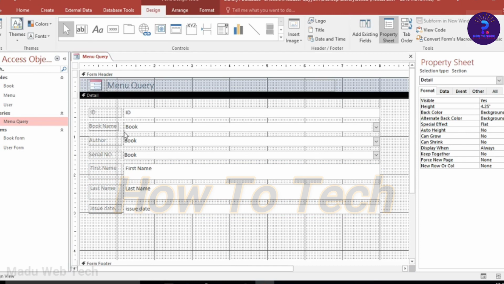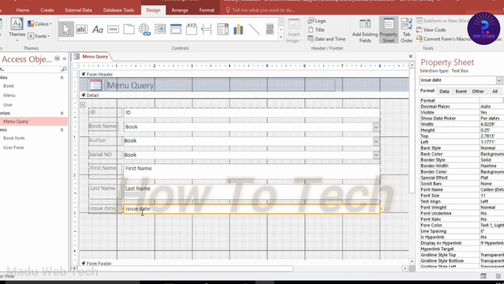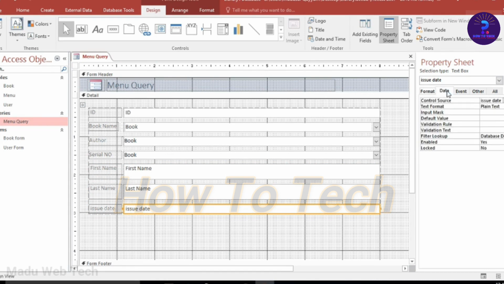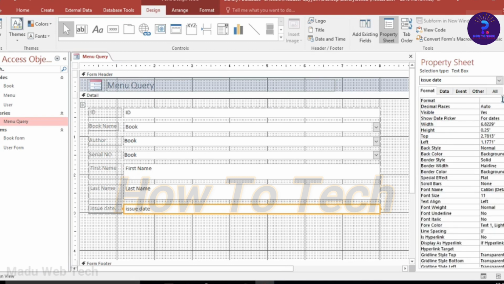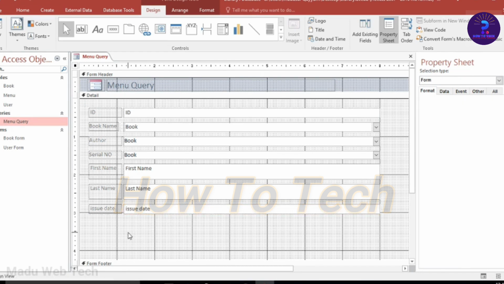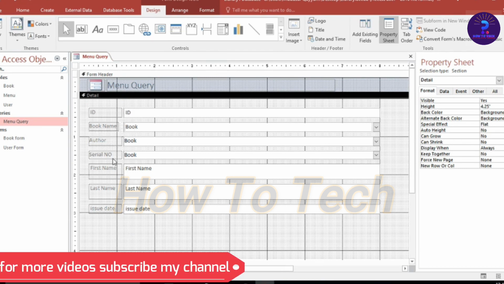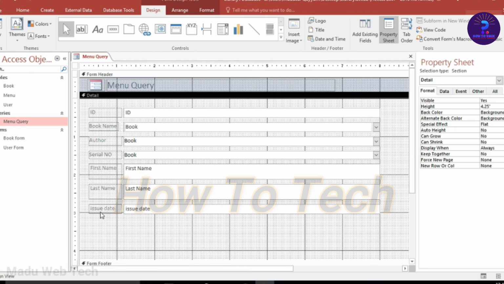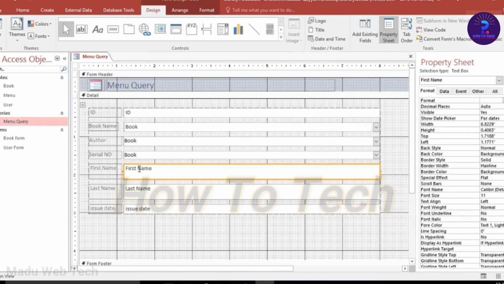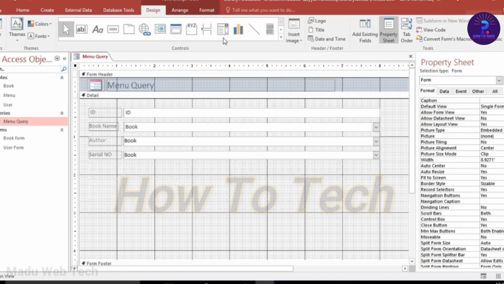Okay, so select issue date and data format, select short date. Okay, now everything is okay. ID, book name, author, serial number, first name, last name and issue date. Sorry, one more field is required. Again Control plus X and select one more combo box